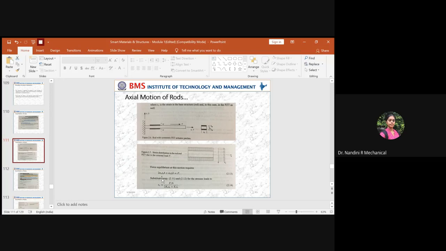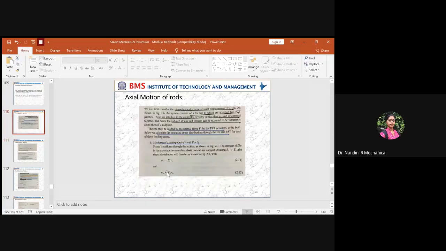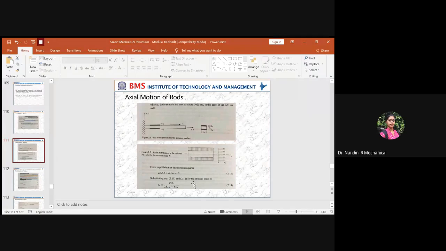You have sigma A here and sigma S. So in these two places, you will substitute the values I told you just now. And after the substitution, when you simplify, you will get the stress. Okay, the stress induced will be given in this way. So you will substitute this equation and simplify. Once you simplify, you will arrive at the equation, which is nothing but the strain distribution across the rod.